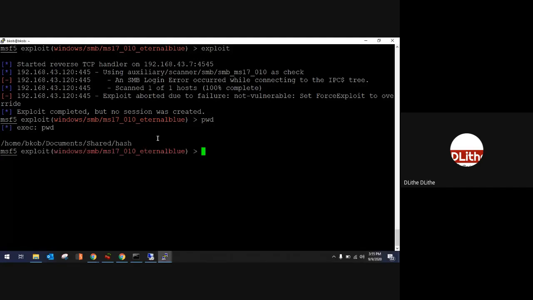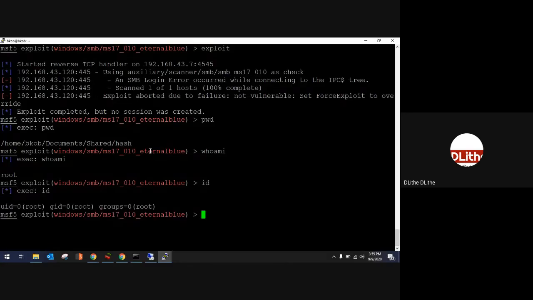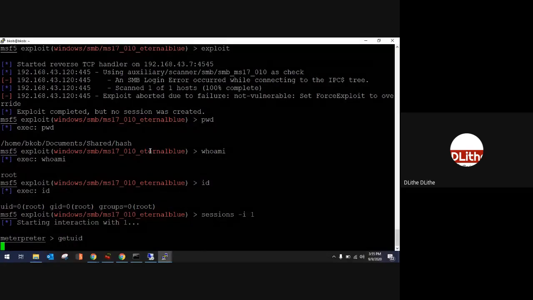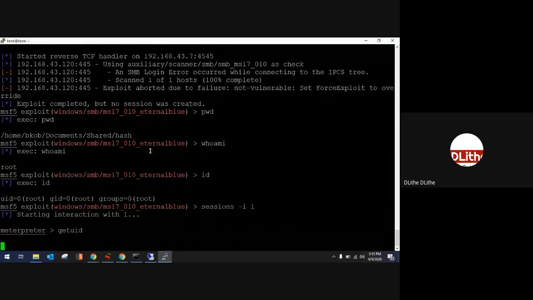Okay. Give me a sec. I think my system got, that's the reason. Okay, my victim system got restarted. That's the reason why it's giving me this error. So there are always two ways to dump the hashes.